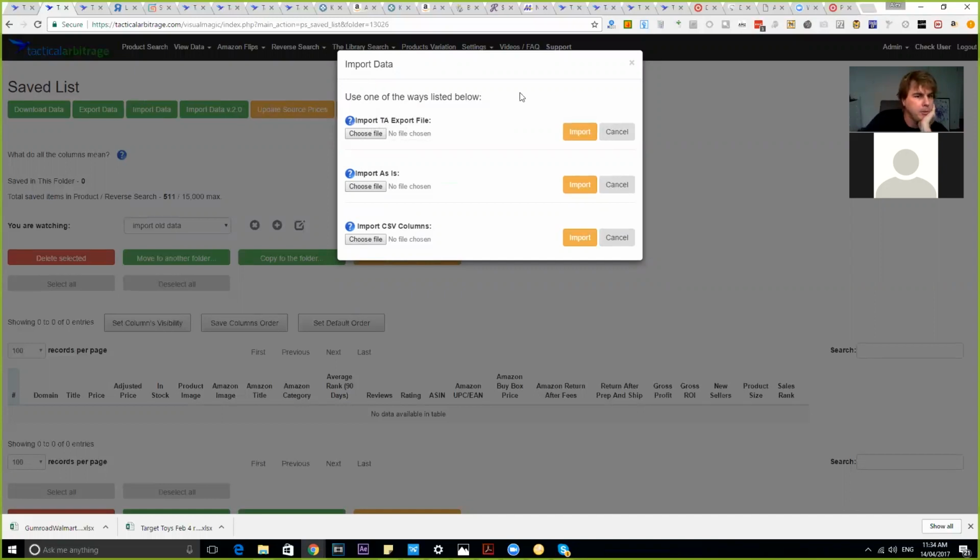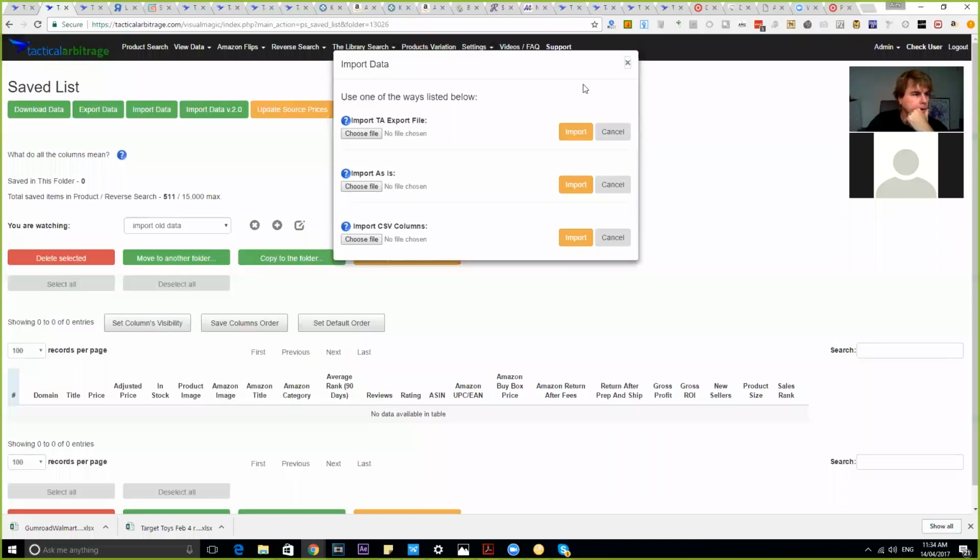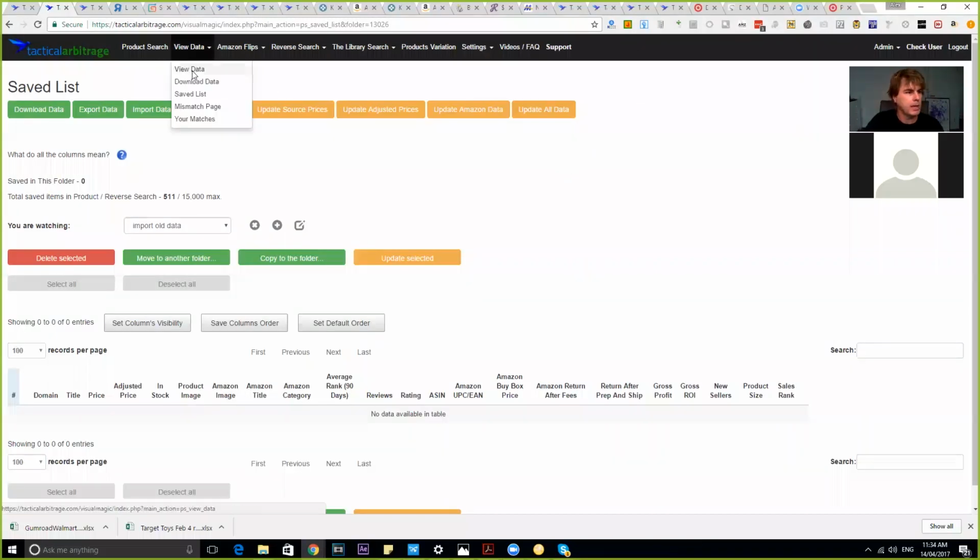And you'll be greeted with this panel. You can either import a TA export file, because at the moment when you export a saved list, it exports it as a TA file, or you can also download data as a CSV file. But previously, you've only been able to import a TA export file. Now, import as is basically means that if I go to view data here